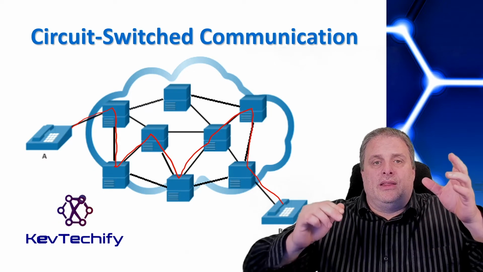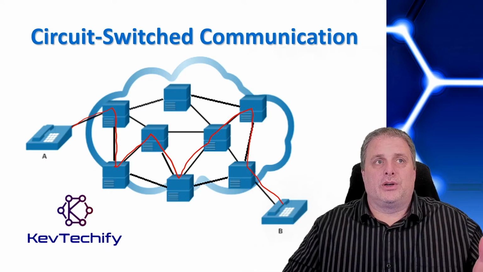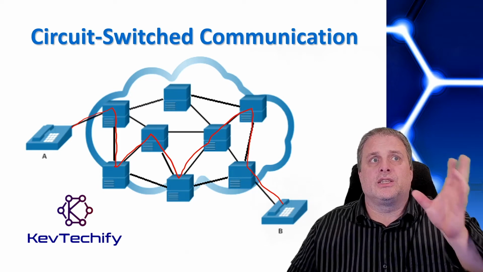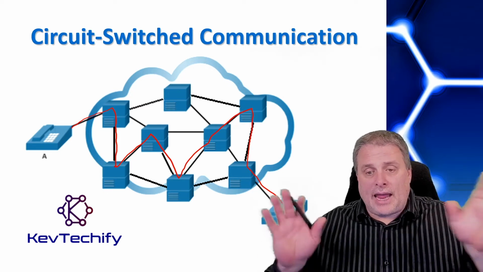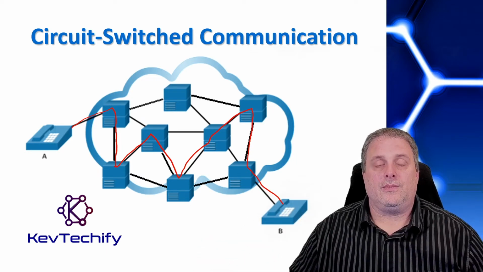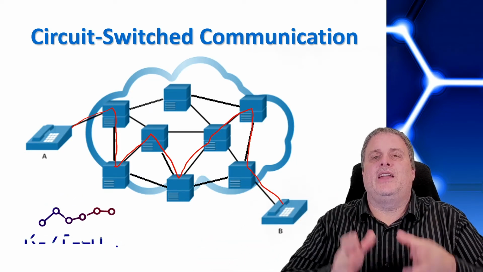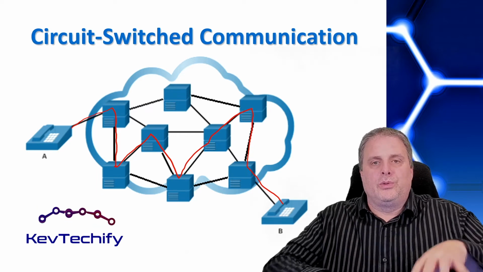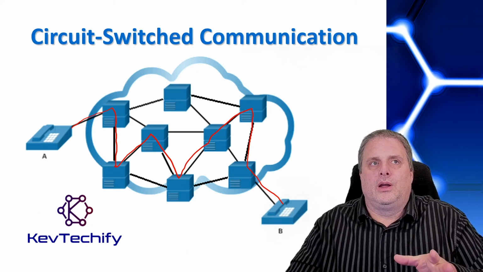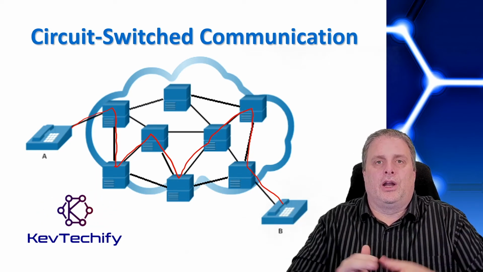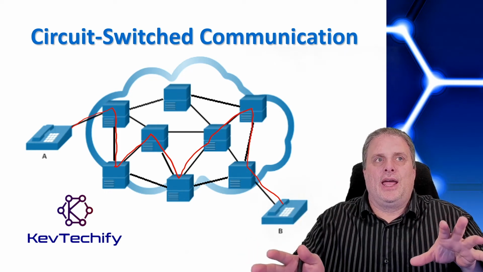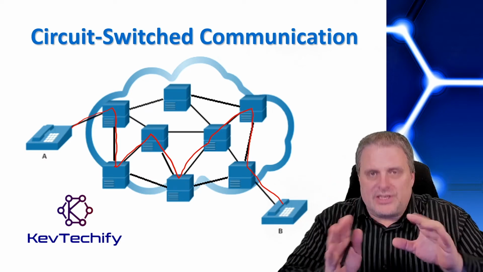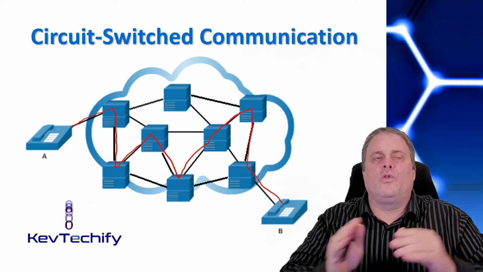Now, how this goes with computers is this circuit switch, or we can even call it a channel switch, happens between 2 points. It establishes a dedicated virtual connection through your service provider network before communication can start. And so before it starts, it has this communication circuit. It uses that circuit. All communications go over that circuit.